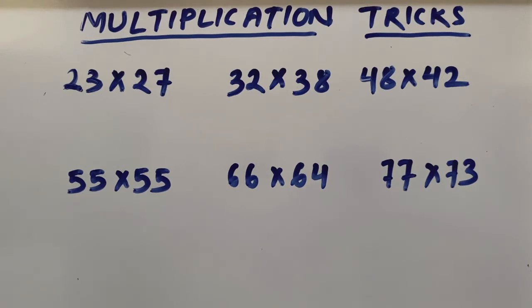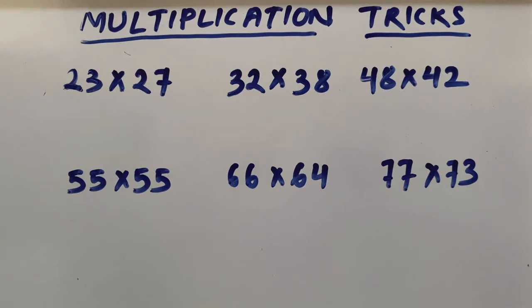So let's start. Today we will learn some multiplication tricks. Here you can see a few multiplications I have written. We have to do all these multiplications. Think once how much time you would take to finish them. If you do the multiplication in the normal way, I am sure you will take a minimum of 3 to 4 minutes. If you have quick tricks, then you will definitely be able to finish it in 10 seconds. That's what I am going to show you now.